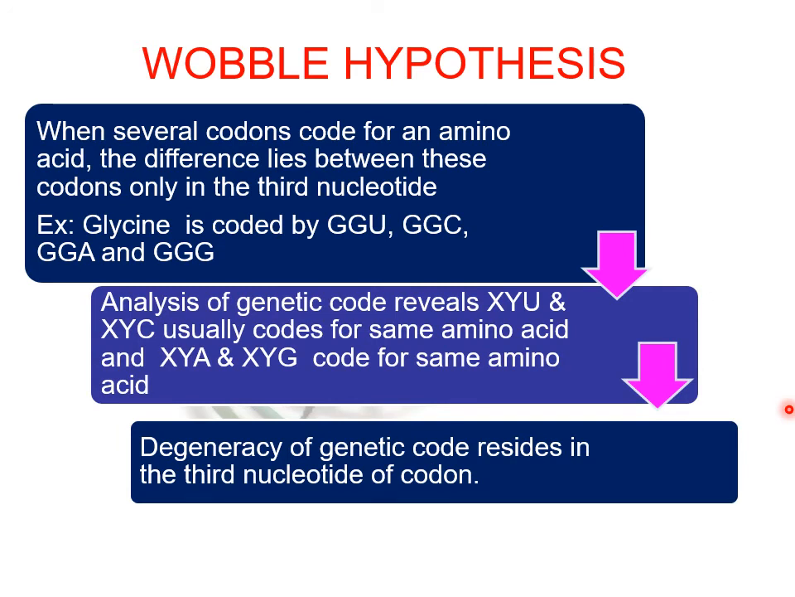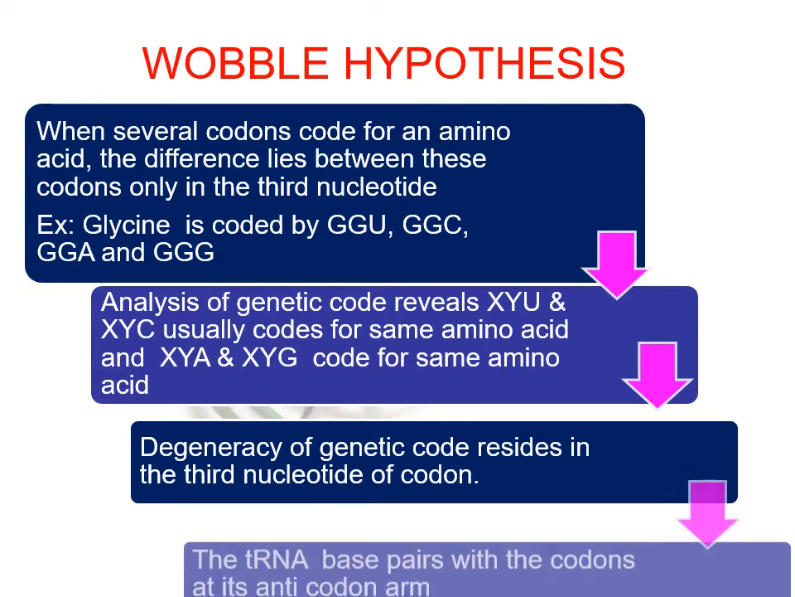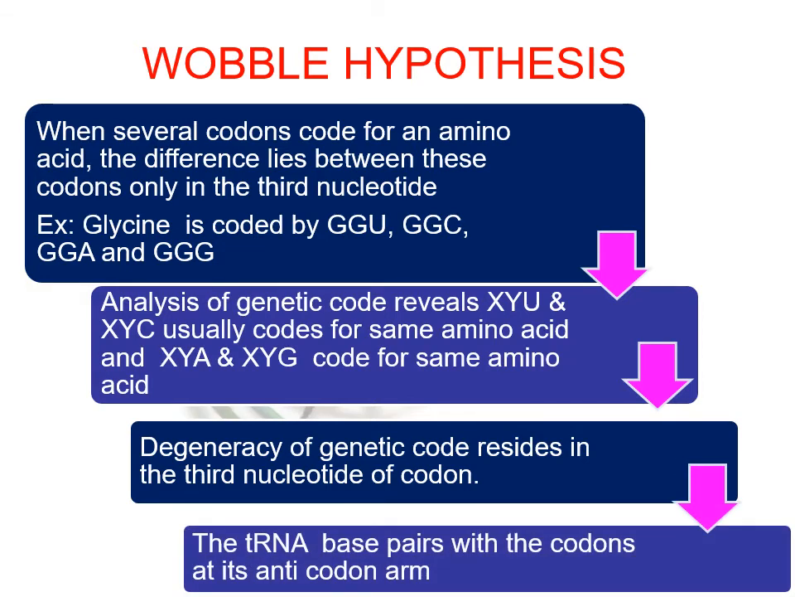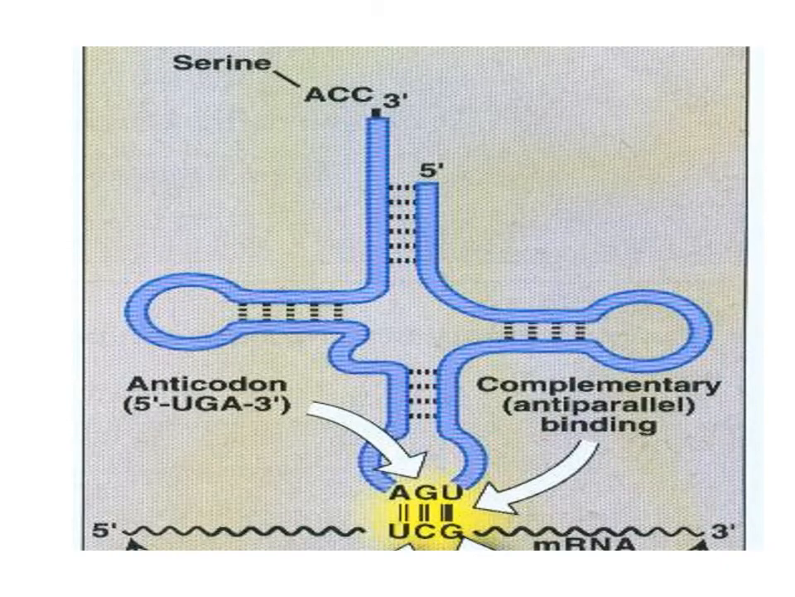So degeneracy of the genetic code resides in the third nucleotide of the codon. This we already studied. Now this codon present in the mRNA will base pair with the anticodon in the tRNA molecules. So this will explain the wobble hypothesis. To understand this, let us see the base pairing between the tRNA and the mRNA, that is the interaction of